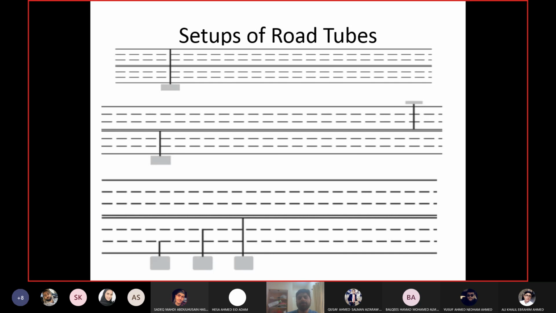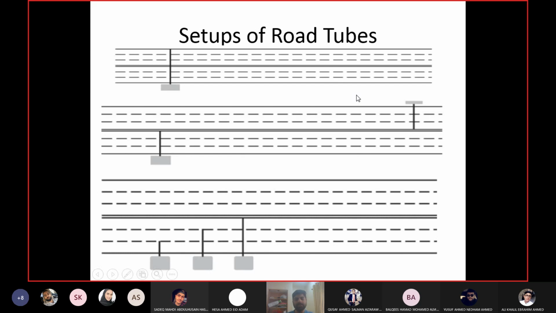Okay, now how can you use a pneumatic road tube in different manners? For example, if you want to find the aggregate volume of the highway, the daily volume for both directions, so you just want one value for both directions, then you can use the road tube in this manner. You have the counter on one edge of the road, and the tube goes from one edge of the road to the other. So you have one road tube for both directions, and it will give you one value for both directions.